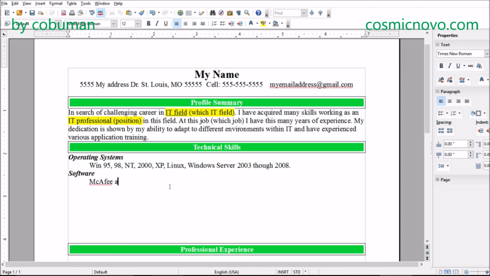McAfee antivirus. Nothing wrong with that. If you want to type in, for example, any other ones, any other type of antivirus that you're familiar with, nothing wrong with that. You can type in, let's see here, HP